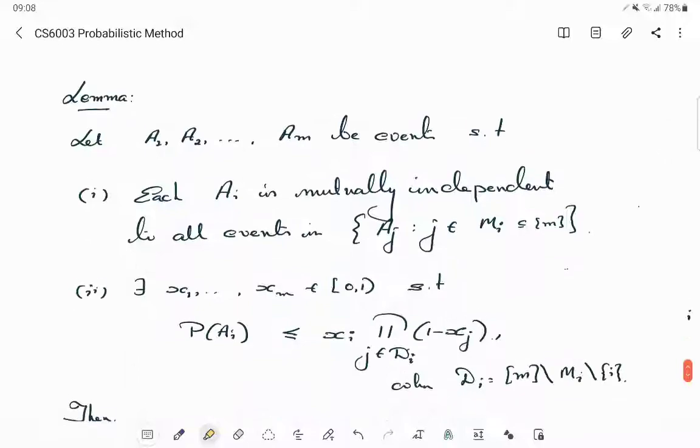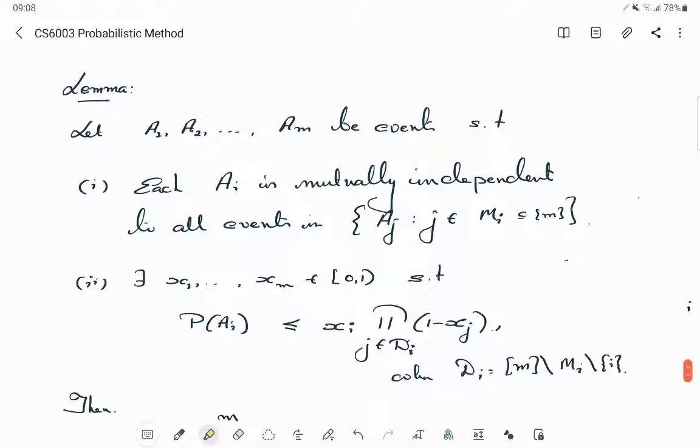Okay, so I'll stop by stating this third version. In fact, this third version is the strongest version also. And if somebody just says Lovasz local lemma, they mean the third version. Okay, so let me write it in full. Let a1, a2, ..., am be events such that each ai is mutually independent of all events indexed outside Di. Then, further, if you have real numbers x1 to xm between 0 and 1, such that each probability p of ai is upper bounded by this expression,